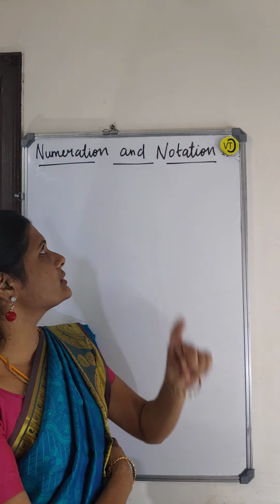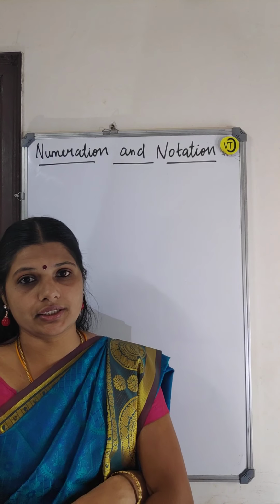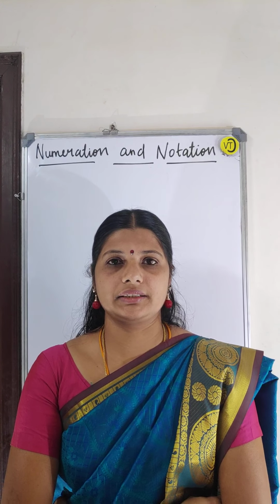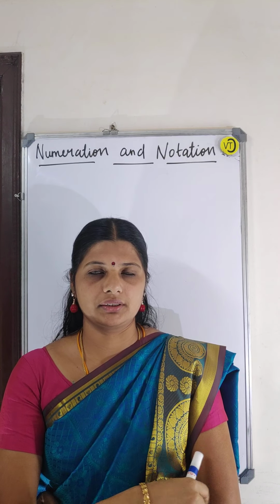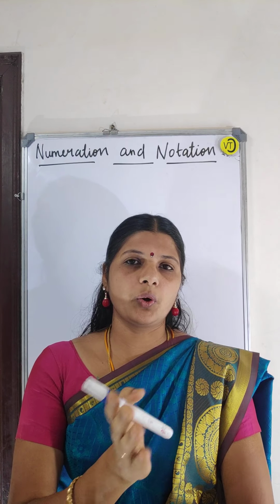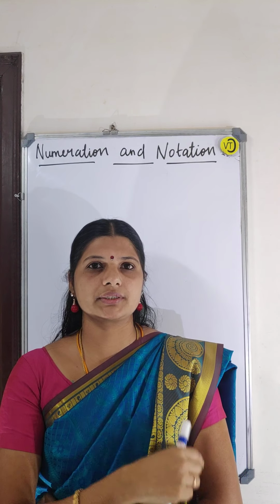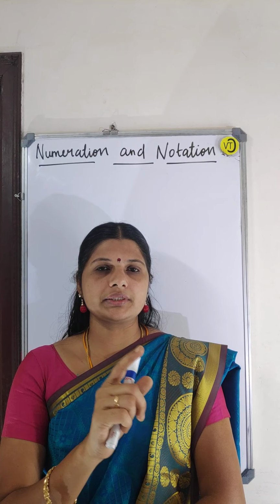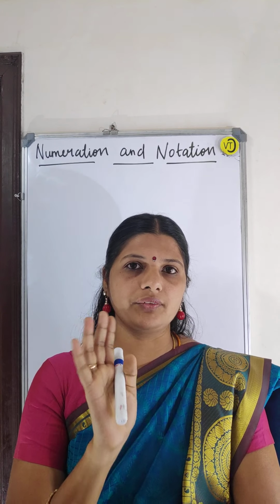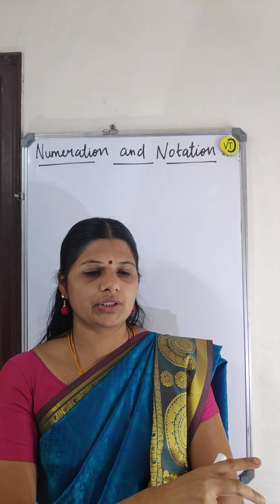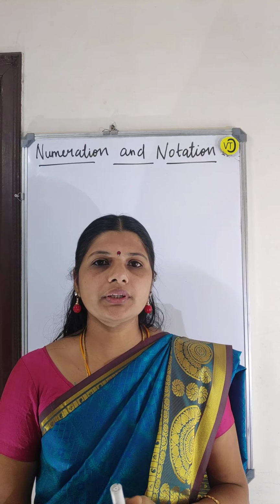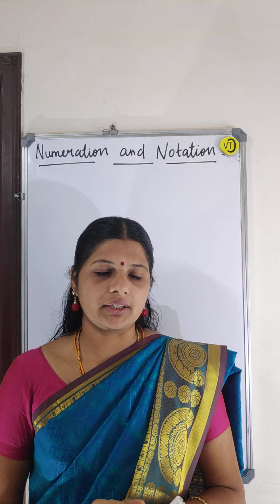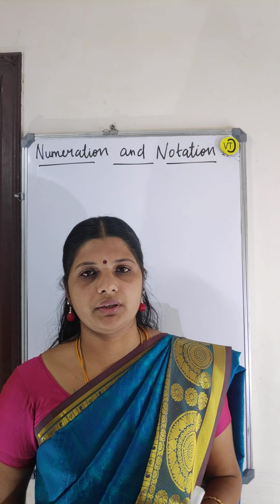Okay, what is this numeration and what is this notation? Numeration means it is a digit, it is a number, right? First of all, in lower classes you have studied the numbers 1, 2, 3, 4, and 1 means O-N-E, the number names also you have done. Now, in this session I am going to tell you how those numbers are formed and how you can call those numbers, one by one.